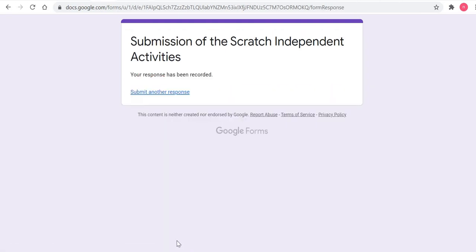This means that we have received your project. Against that particular activity, we will mark it and we will share our feedback with you. So remember, this was a two-step process. The first part is share, the second part is submit. Sharing alone will not complete submission. Submission without sharing will not be useful because we will not be able to view it. I think the process looks a little bit complicated in the beginning, but trust me, it becomes very easy once you have done it once or twice.